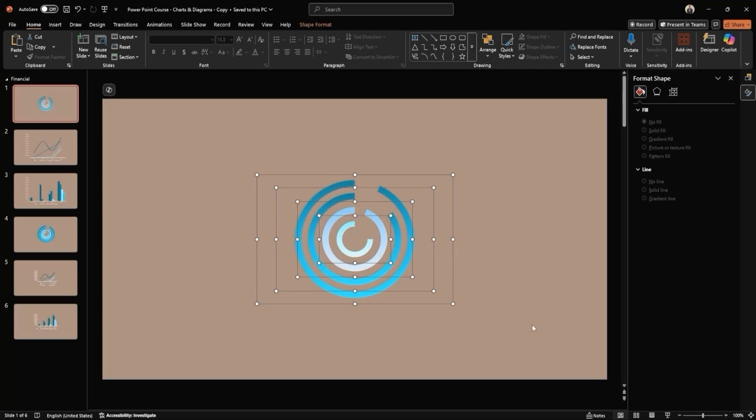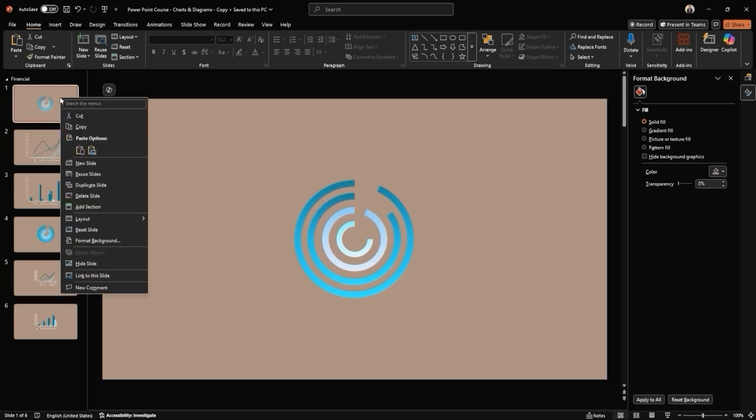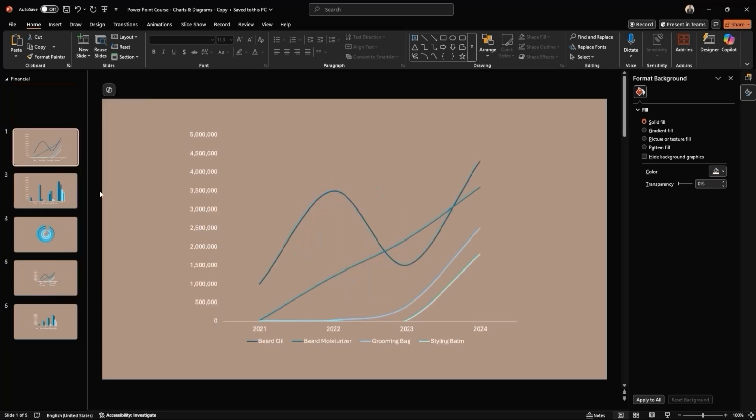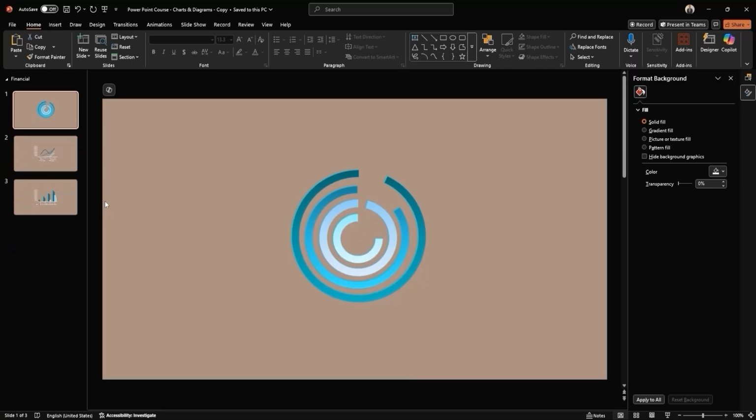In the next session, we'll be adding animations to the 3 charts to make the data more dynamic and engaging. For this part, you'll need to download the PowerPoint file from the provided materials, as I've already added some toggle buttons that will help us control the visibility of the charts. I'll explain how everything works in the next session, so make sure to have the file ready.